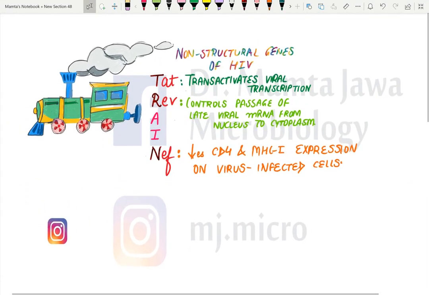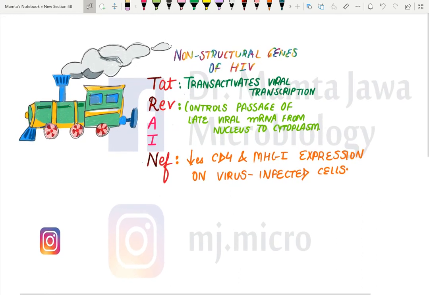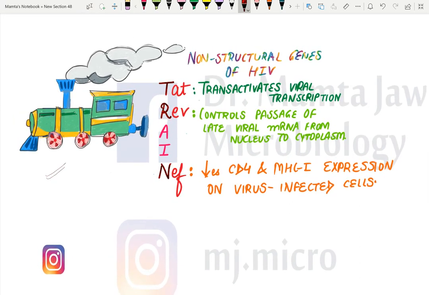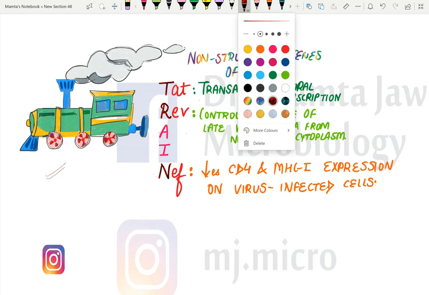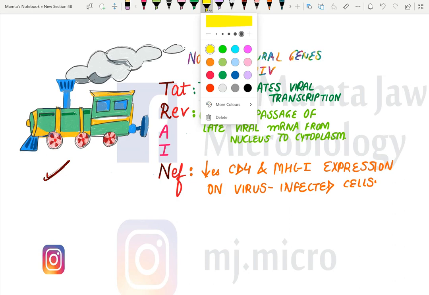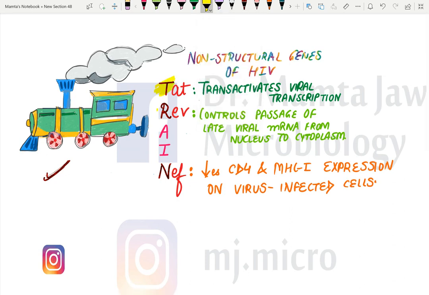Okay, I have made an attempt to help you remember the non-structural genes because that is something which I think the students find tough to remember. So I hope this helps everybody. Some of the non-structural genes can be remembered by remembering this word, train. The word train should remind you of three important letters, that is T, R, and N. Omit or forget A and I, which are vowels. We are bothered about T, R, and N from this train.